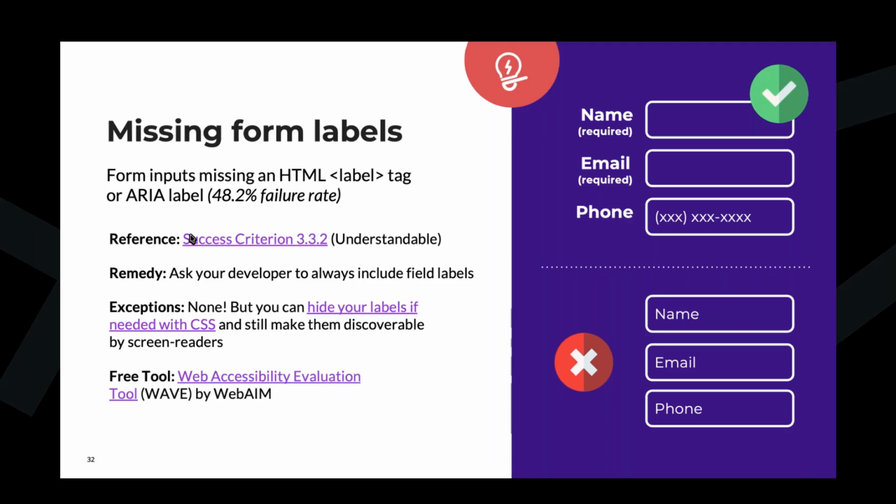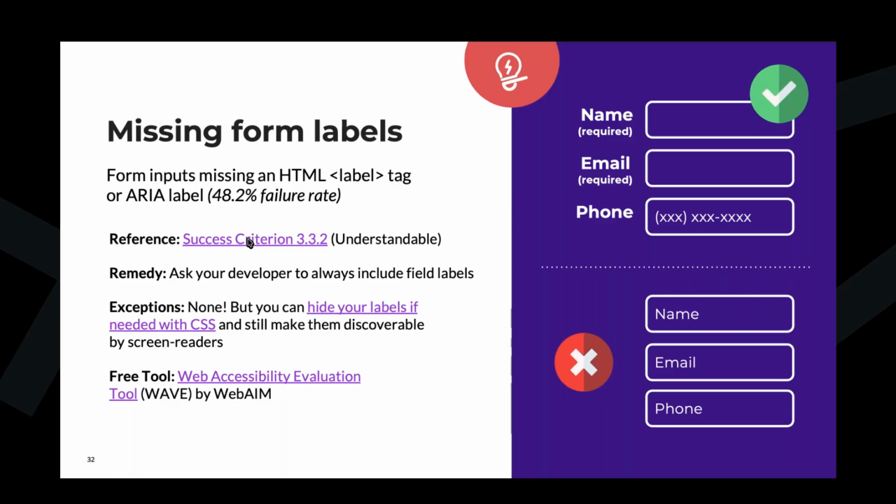So there is a free tool to check this. Again, there's a tool called WAVE, the Web Accessibility Evaluation Tool. WebAIM puts it out. It's the same group that did the Millions report I mentioned before. And it is a very common tool that's used to detect accessibility barriers. If you want to download it and use it over time to check the compliance of your own website, that